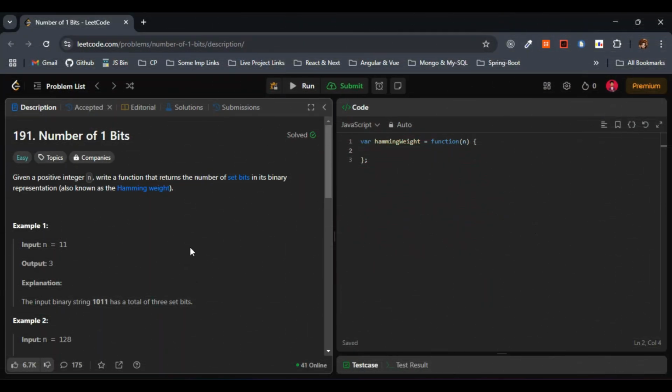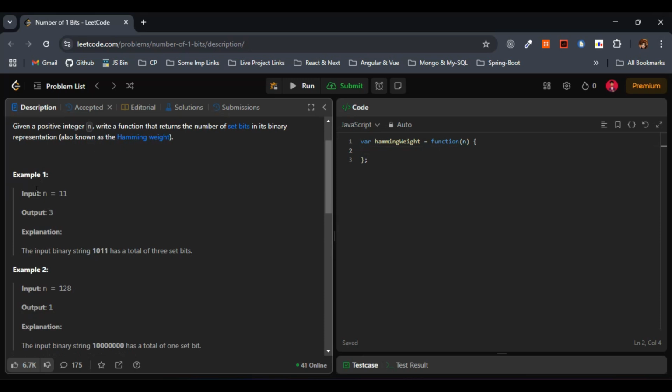Hello everyone. Today let's solve problem number 191, number of 1 bits. The question states that we are given a positive integer n, and we need to count the number of set bits, or ones,